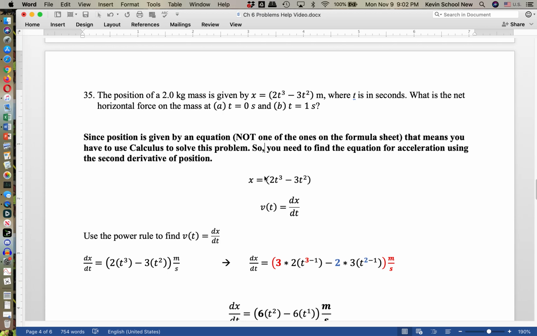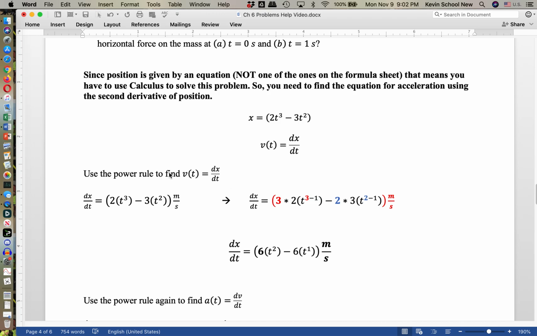So if I'm starting with my position equation, I'm going to find my velocity as a function of time, and that's going to be dx over dt. That means I'm using the power rule. When I do dx over dt, that's going to give me units of meters per second. Again, the time units don't seem like they would work out for this, but I think that's a mistake in the book. So with the power rule, I'm going to take my power of 3 and subtract 1 from it,